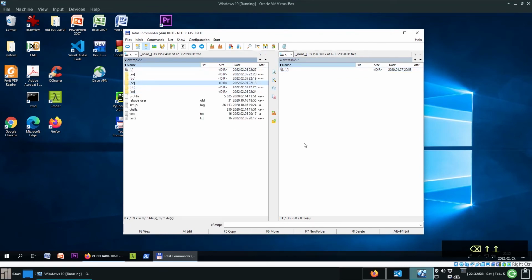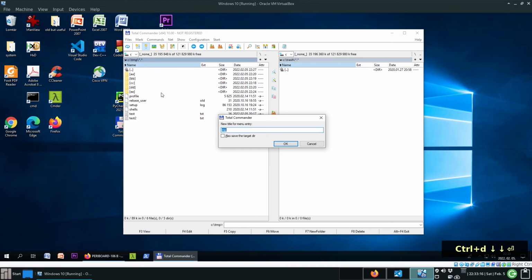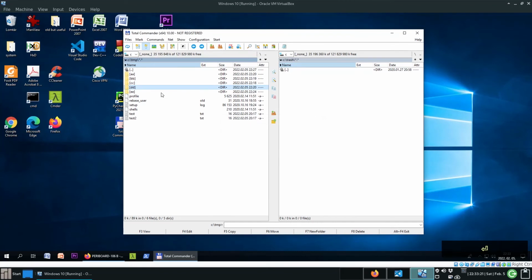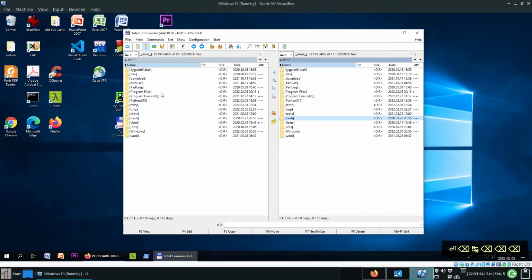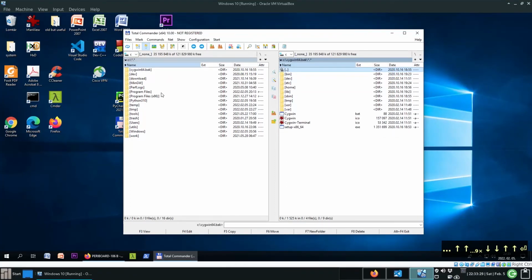And let's put another folder in the bookmark. For instance, we are in C:\tmp. I also want to put a bookmark on this folder. So press Ctrl D again, add current dir. Its name can remain TMP. Enter. Okay. And if you want to move to a folder that is bookmarked, then press Ctrl D, and here